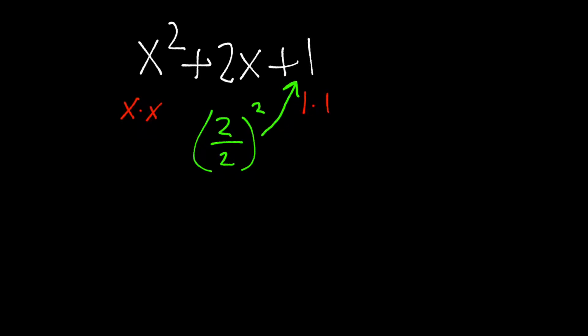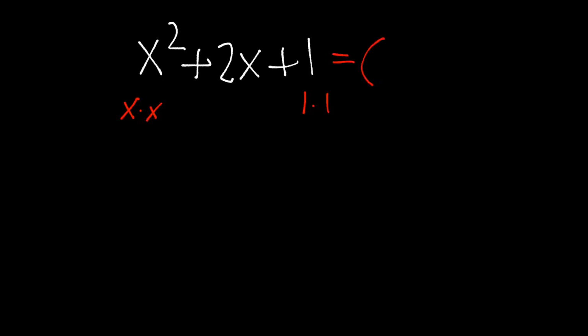Let me say that again. If the first term, the squared term, is a perfect square, the last term is a perfect square, and the middle term cut in half and raised to the second power gives us the same number as the constant term, we have a perfect square trinomial. So this one is 2 divided by 2 is 1, 1 squared is 1, so this is a perfect square trinomial. We can factor this, and all we've got to do